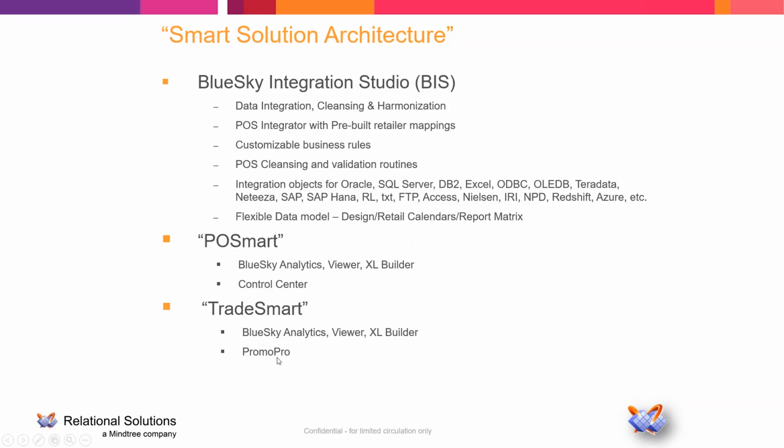And you're also using Promo Pro. Promo Pro is giving you the ability to make edits to your data. Maybe you had a display that was supposed to ship out on July 3rd and it accidentally didn't get shipped out till July 4th, and so the promotion that was supposed to start on July 4th didn't run until July 5th. That's where Promo Pro will allow us to go in and make edits to that data.